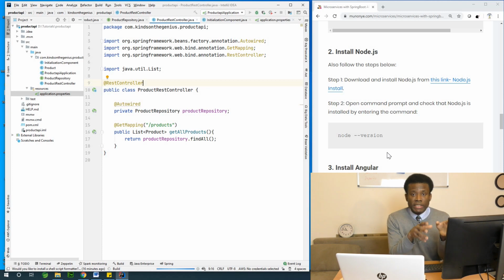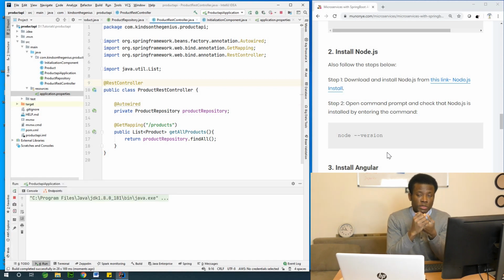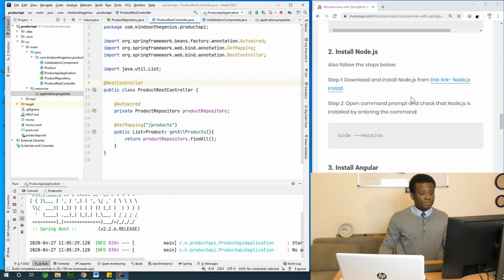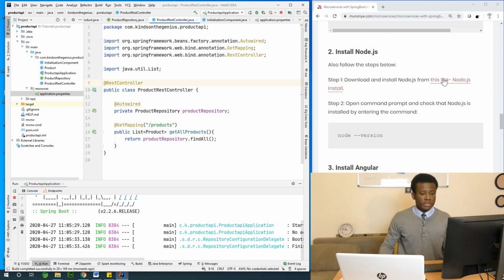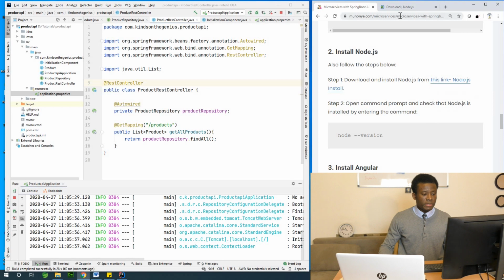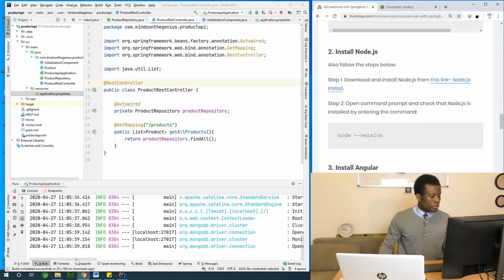So while it's running, while we are waiting for it to run, the next thing we are going to do, we are going to install Node.js in our system, because Node.js is a runtime that helps you run applications on a server that is created on the fly. We are not going to be talking so much about Node.js because I already made a complete tutorial on Node.js. You can check in the description box on this video. You can find a link to a tutorial on Node.js. But for now, you don't have to worry about it. You're simply going to download and install Node.js from this link. So I'm going to open this link so that let's keep it open. So if we go back to